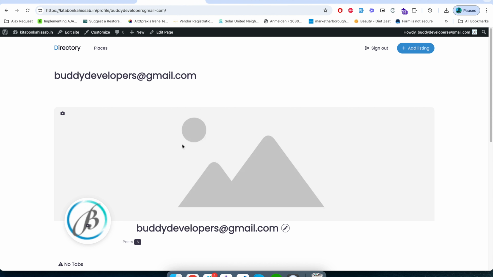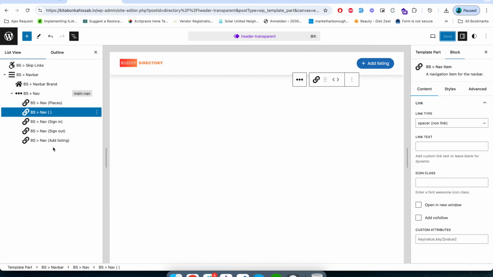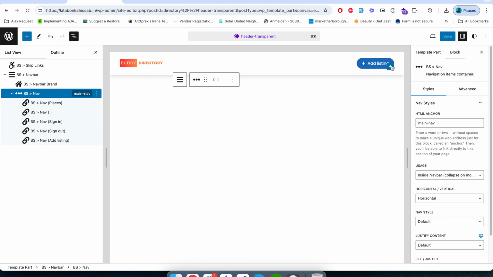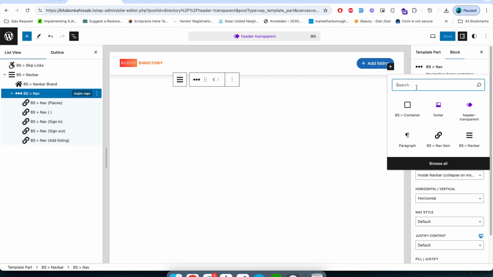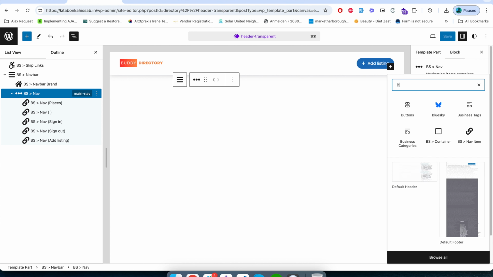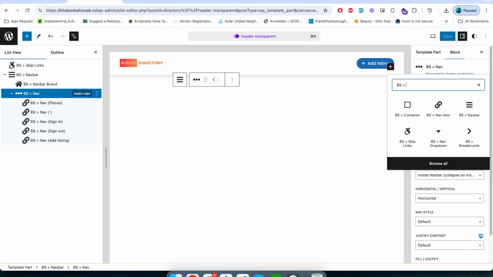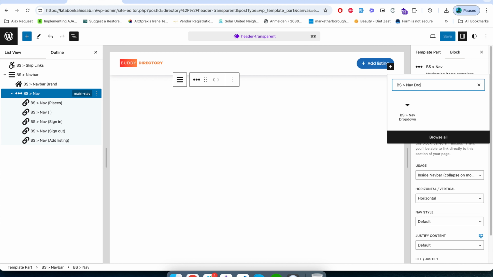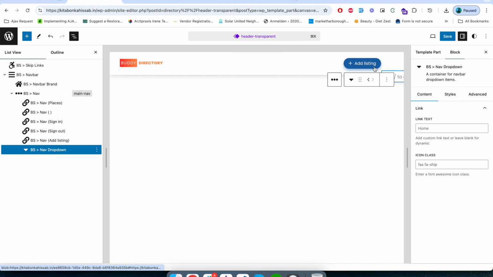So what I want is, I want this profile page to be listed somewhere here in the menu. In order to do so, the first thing I will do is hover over this menu item and click on this plus icon here, and let's search for BS nav dropdown. So this is the menu item that will allow us to add a dropdown menu. Okay, so I added this dropdown menu. Let's give it a name. I will give it the name of My Account,